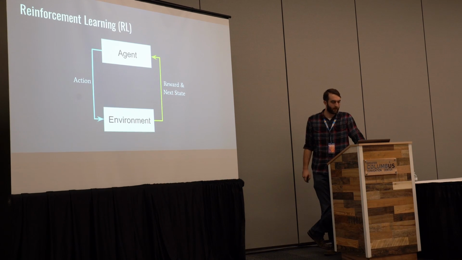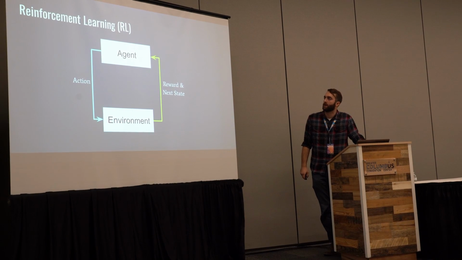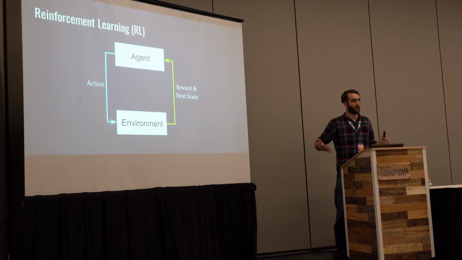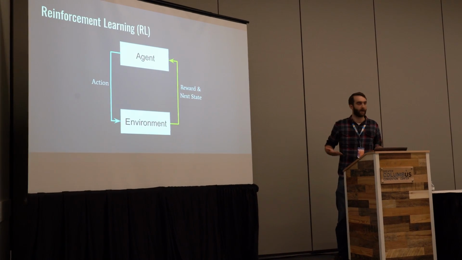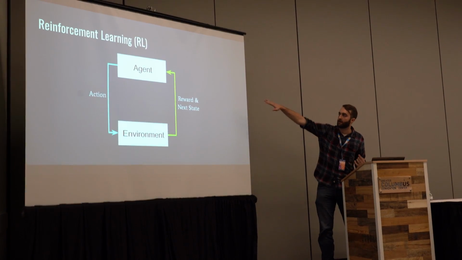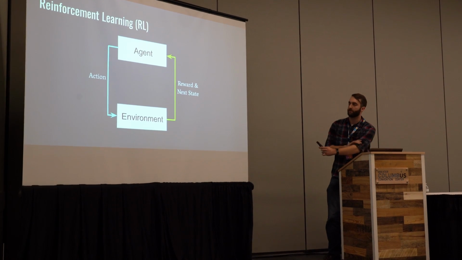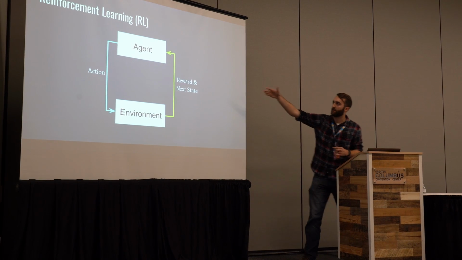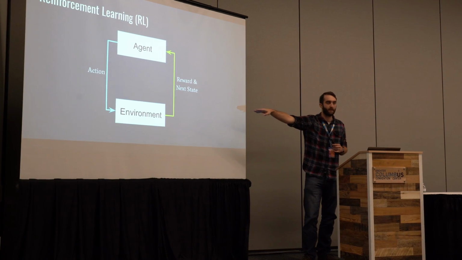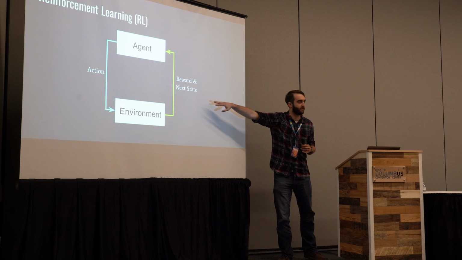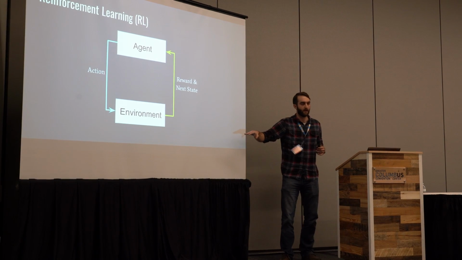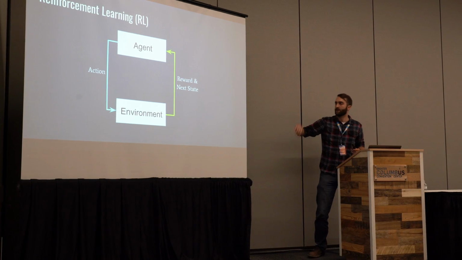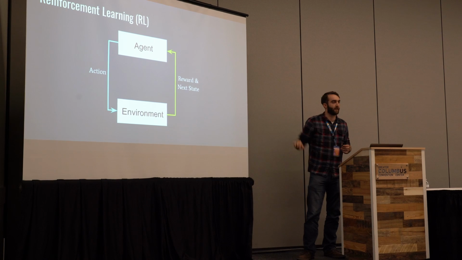So how does reinforcement learning work? Basically, there are 2 things. You have the agent, which is your character in the game. Could be a robot or an animal, whatever it is. That's the character in the game. And then you have the environment, which is basically everything that's not the character. And the character takes actions in the environment, and then the environment changes states. So if I moved, then maybe nothing changed, but if I shot a fireball, maybe the wall blew up or something. So the state of the world is changing as I'm taking actions.